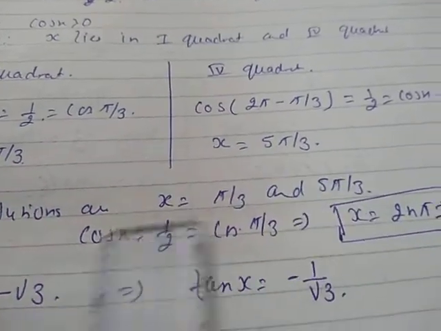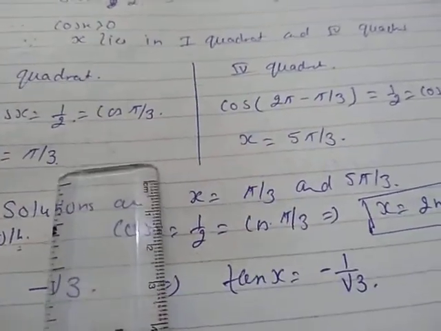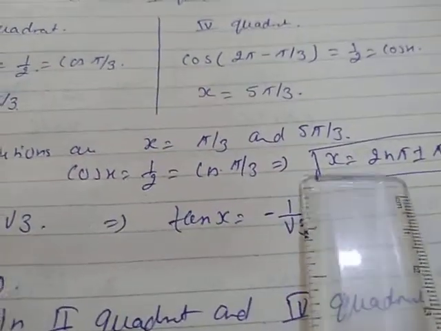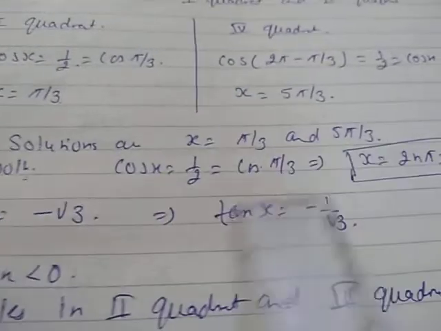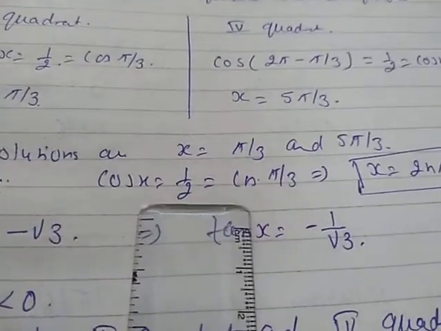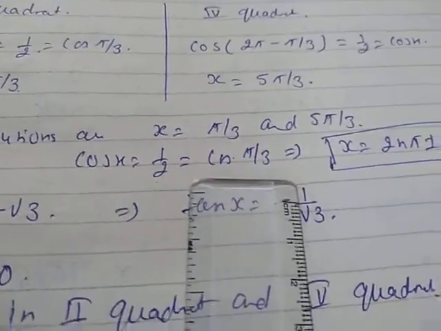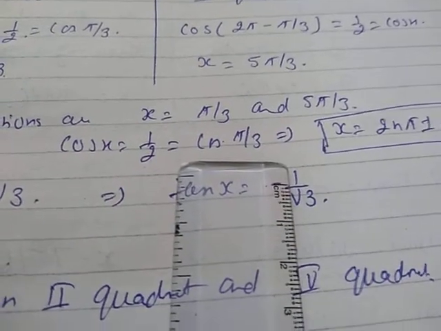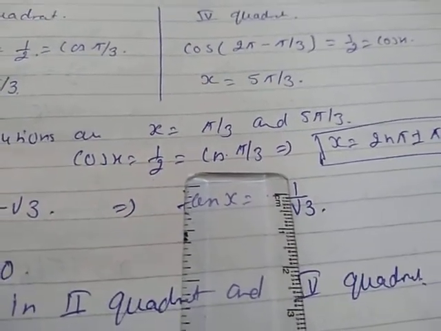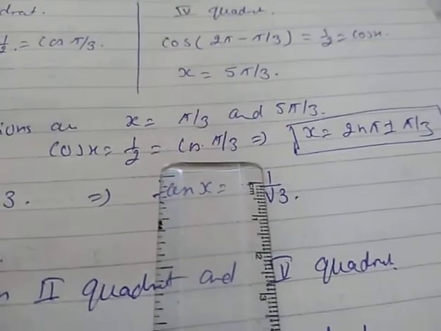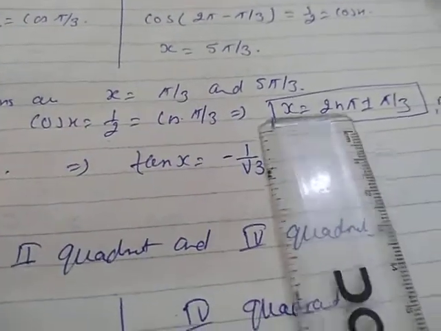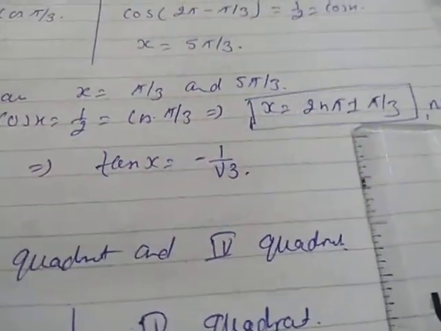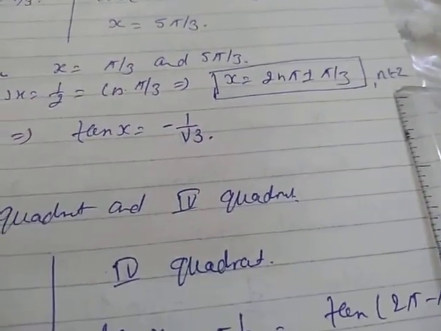Therefore, two principal solutions are there. The first is pi by 3 and the second is 5 pi by 3. For the general solution, cos x is equal to 1 by 2. It is cos pi by 3. If cos x is equal to cos y, then x is equal to 2n pi plus or minus y. Here y is pi by 3. Therefore, x is equal to 2n pi plus or minus pi by 3, where n belongs to integer. Question number 3 is